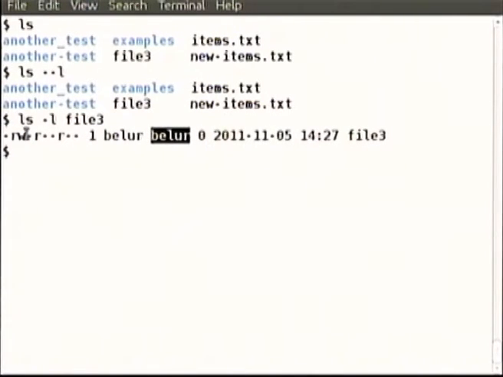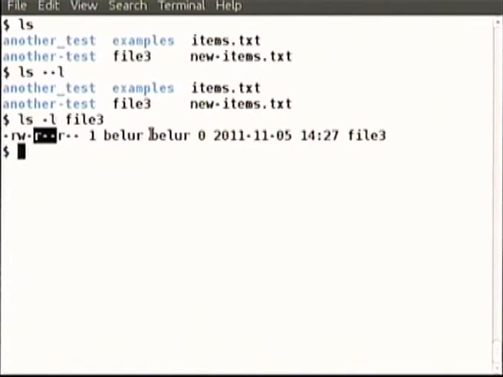Now for the name called file 3, the first letter of course is a dash, which means it is not a directory. The next 3 letters are what permissions the user has. The user is Belur. The next 3 letters are what permissions others in that group have.